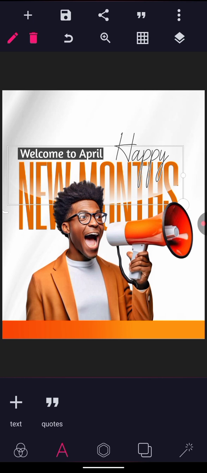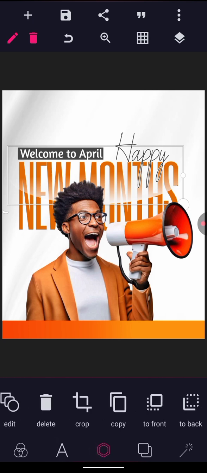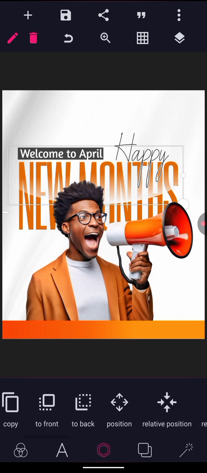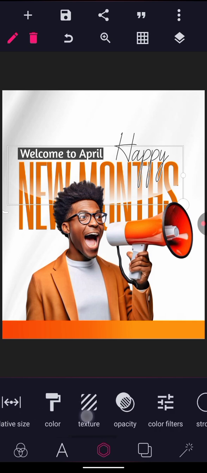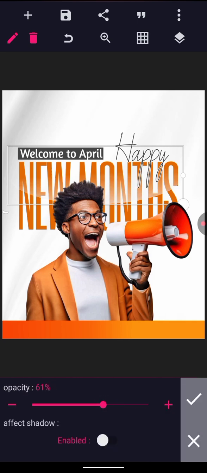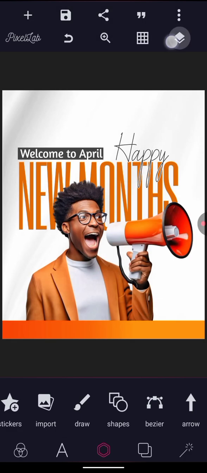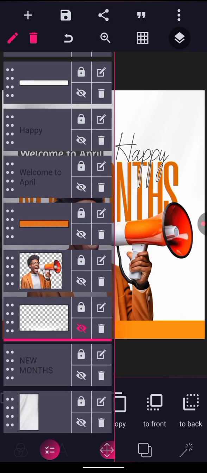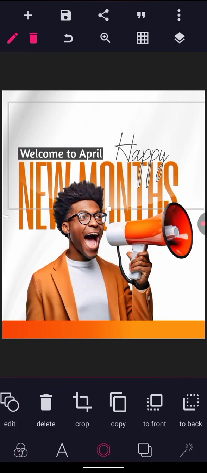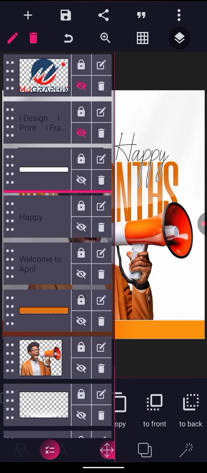Then what you need to do is to reduce the opacity. From this place here, you're going to reduce the opacity. The opacity means the concentration. You're going to reduce it, and you hit OK. So that's how to achieve that. So let me delete this and turn on the one I did, which is this. Okay, so that's it. Then when I put in this particular shape here, this one,